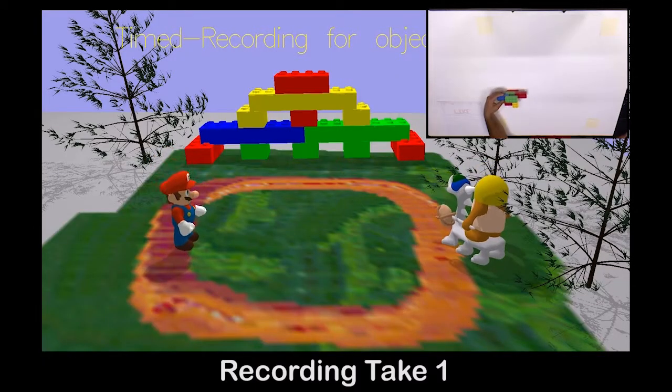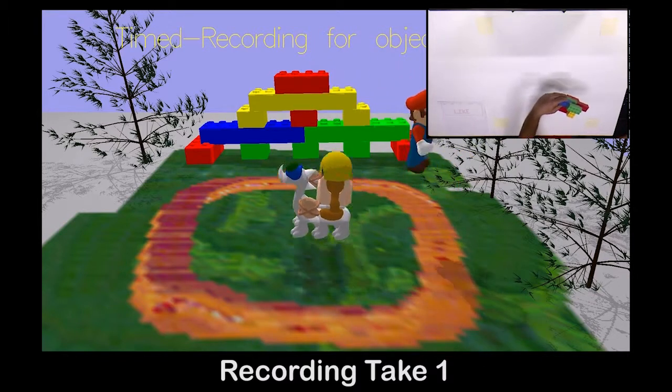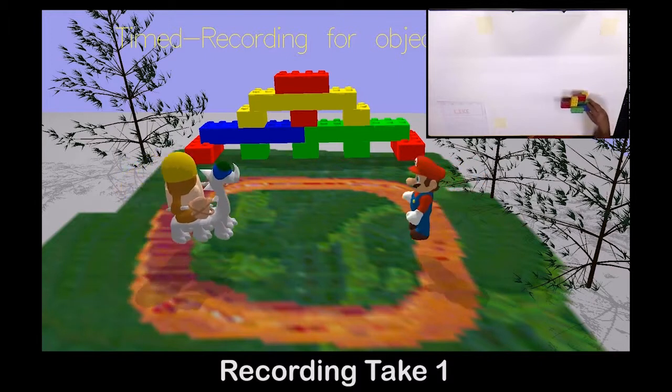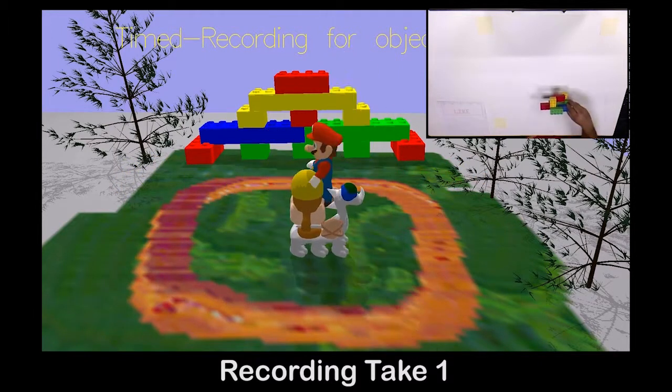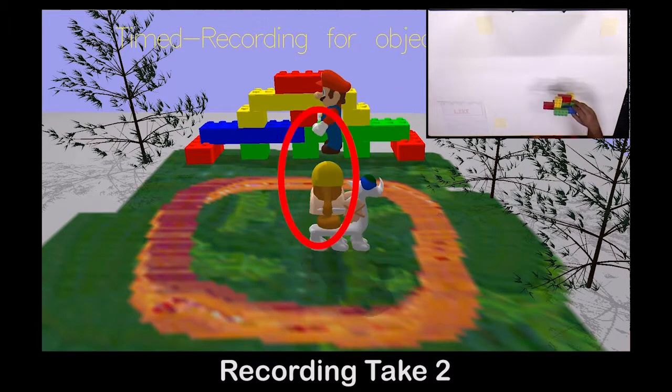Motion Montage also allows the users to record animations involving multiple objects. The user records the motion for Mario as the previously recorded motion for the monster plays. Difficulties arise when, for example, Mario is supposed to hit the monster on the head but ends up intersecting with it, or the user overcompensates and Mario misses the monster.